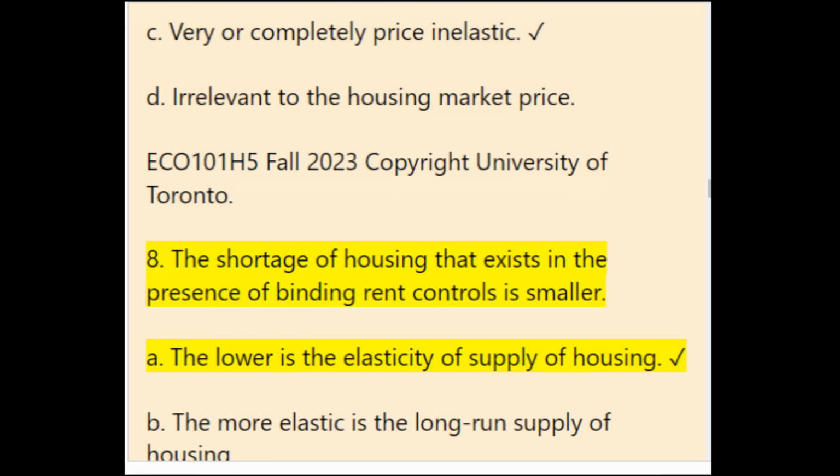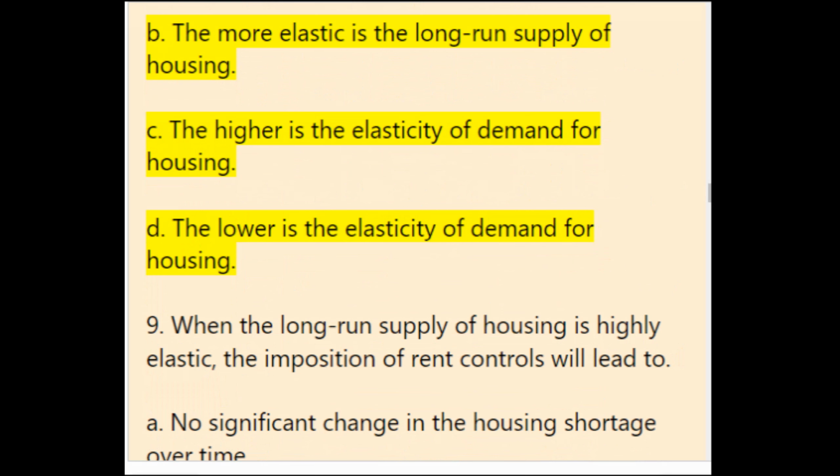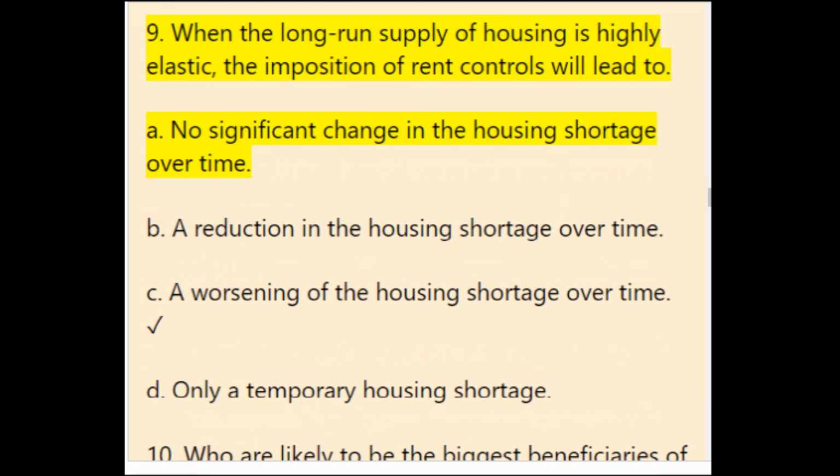A. The lower is the elasticity of supply of housing. B. The more elastic is the long-run supply of housing. C. The higher is the elasticity of demand for housing. D. The lower is the elasticity of demand for housing. 9. When the long-run supply of housing is highly elastic, the imposition of rent controls will lead to: